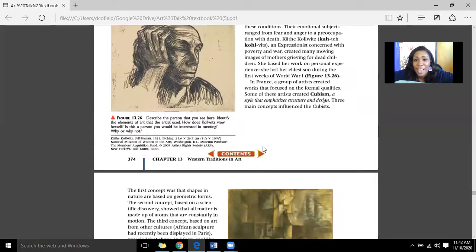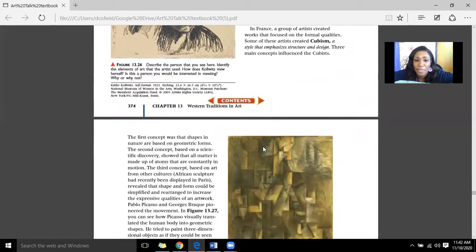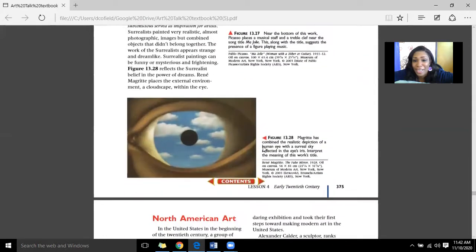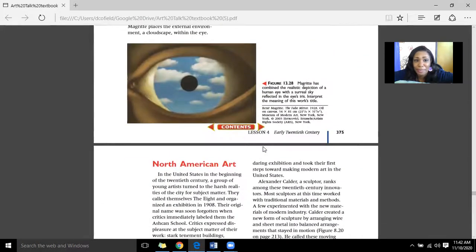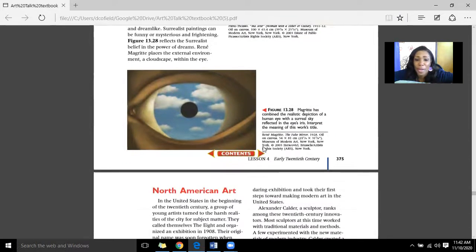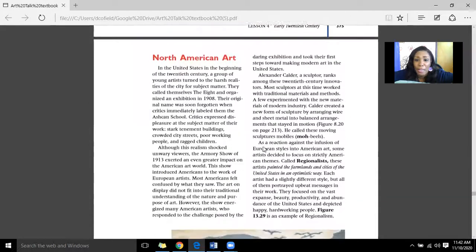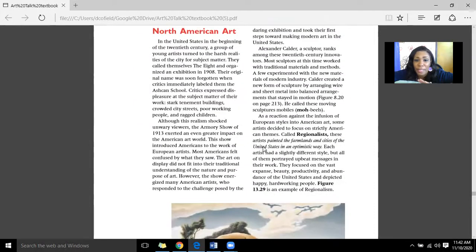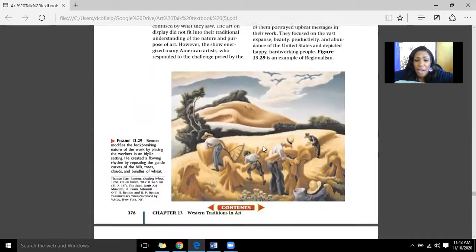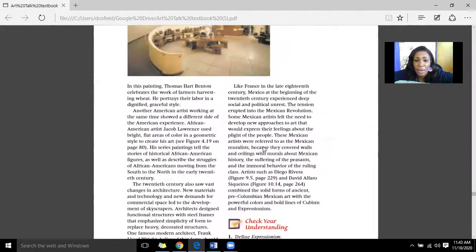We just finished that. Cubism is a style that emphasizes structure and design. The main thing that Cubists did was use shapes and geometric forms. We already got there, so we're getting into the nitty gritty. Surrealism, right there, we did surrealism, which emphasizes dreams, fantasies, and subconscious thoughts. So we covered that. We covered cubism. So we did impressionism. Now we have to get into the other aspects. It talks about regionalism. You know what that means, dealing with farmland and cities. That's what these artists did here.